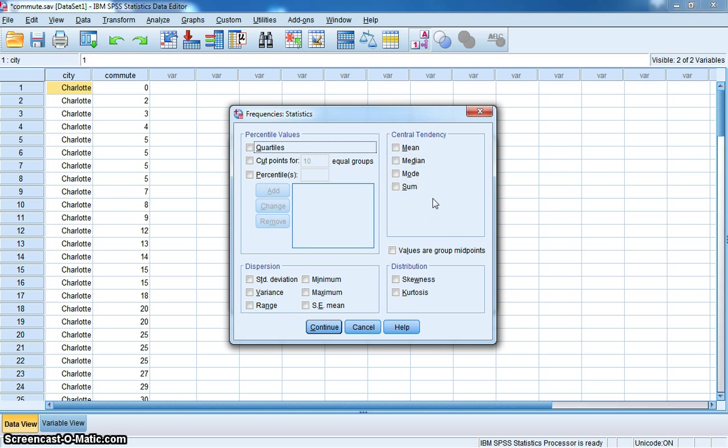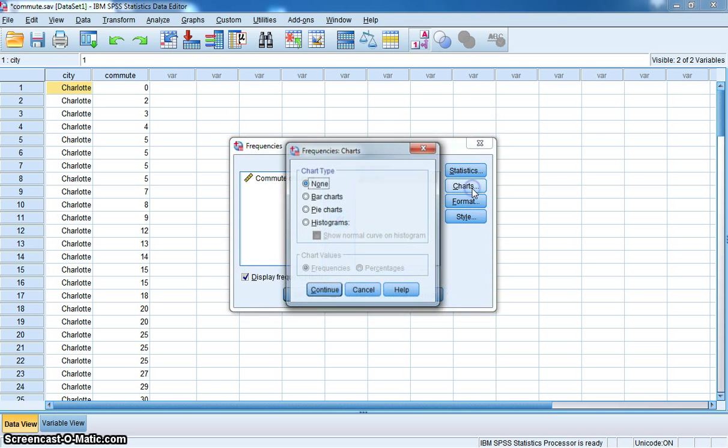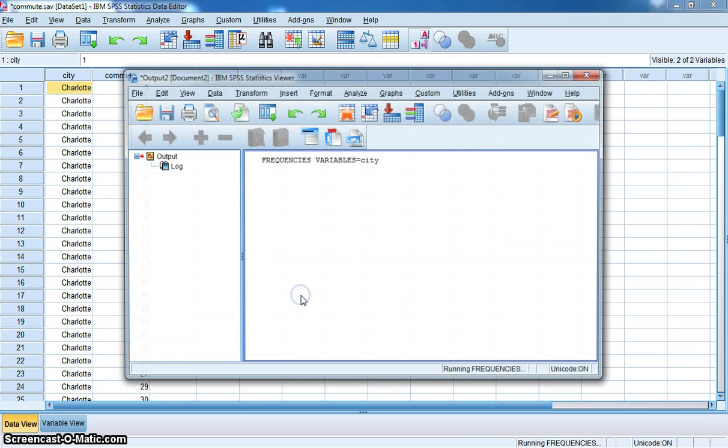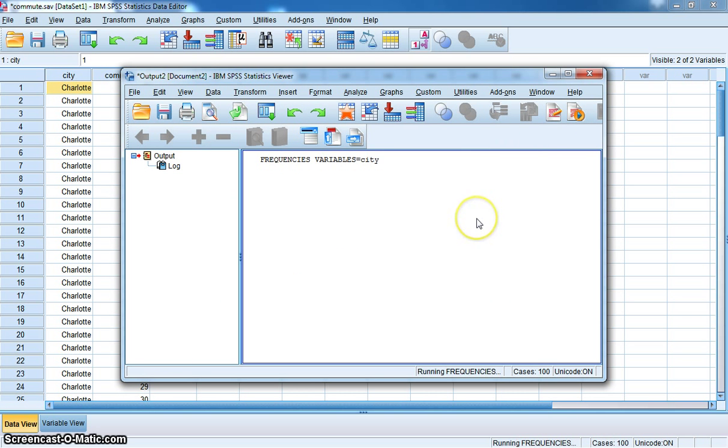So we have 1, 2, 3, 4, but we don't want to see the mean of that because that doesn't make sense. Charts, we do want to see either a bar chart or a pie chart, so we'll pick bar chart. And then you can pick frequencies or percentages. Let's just leave it on frequencies. So if you click OK, the output window comes up,